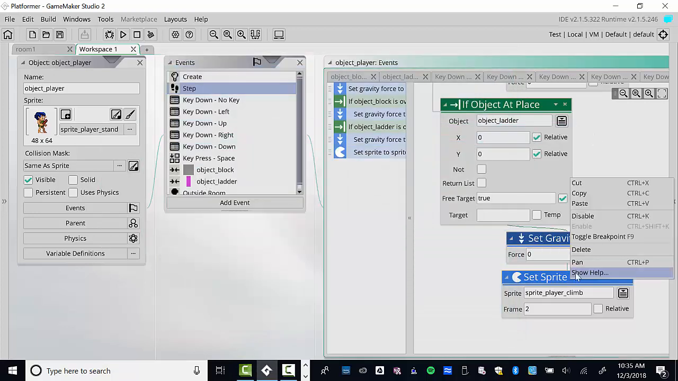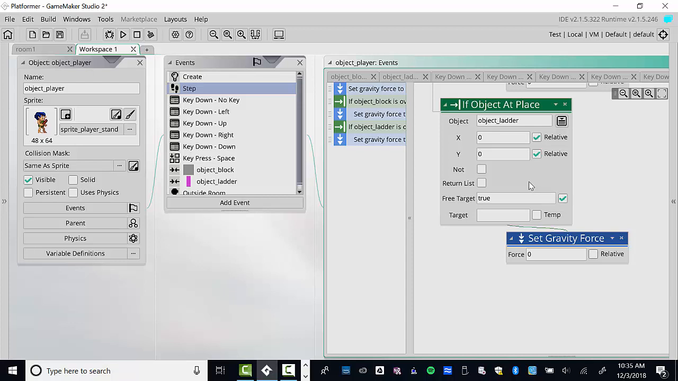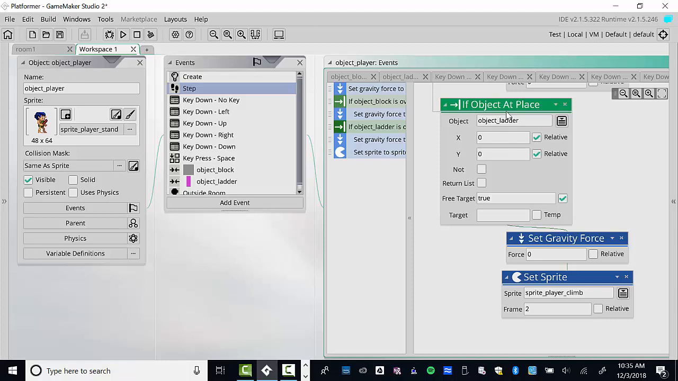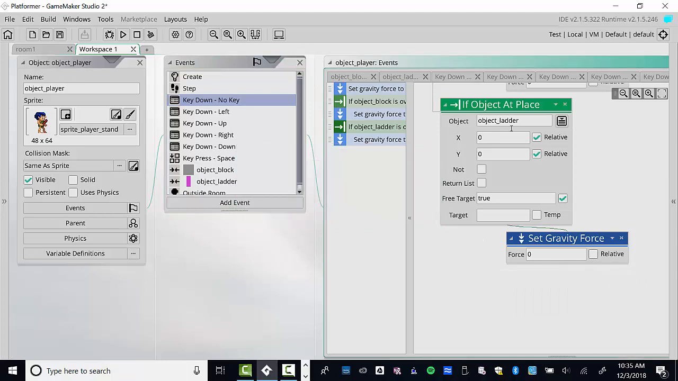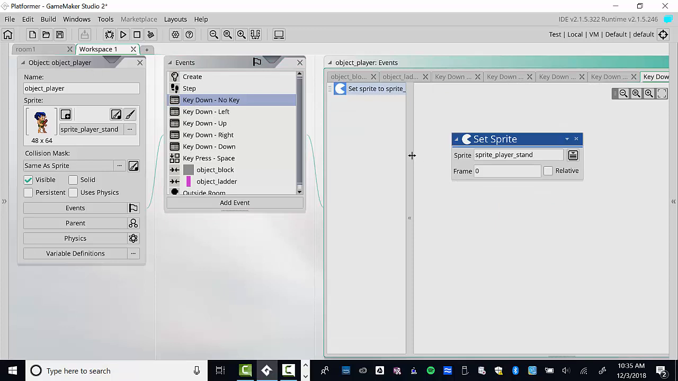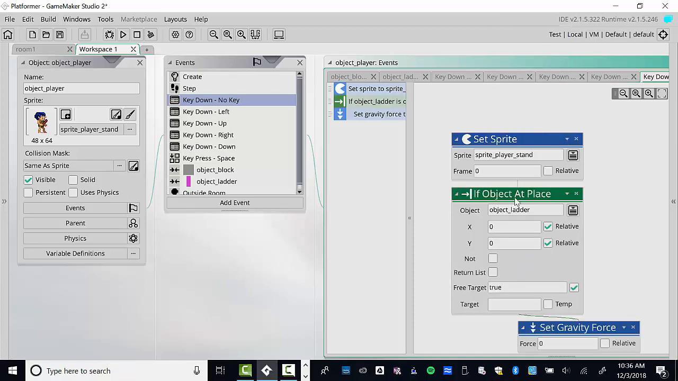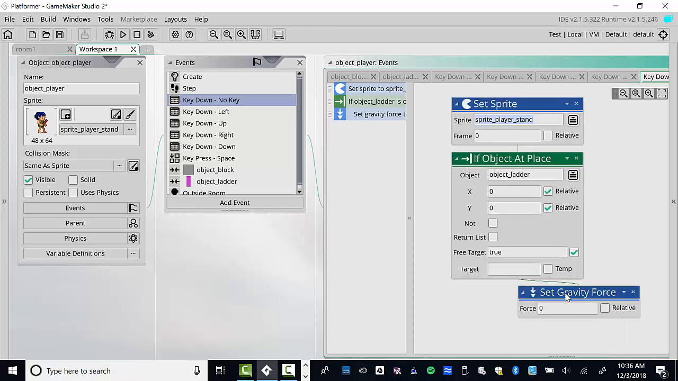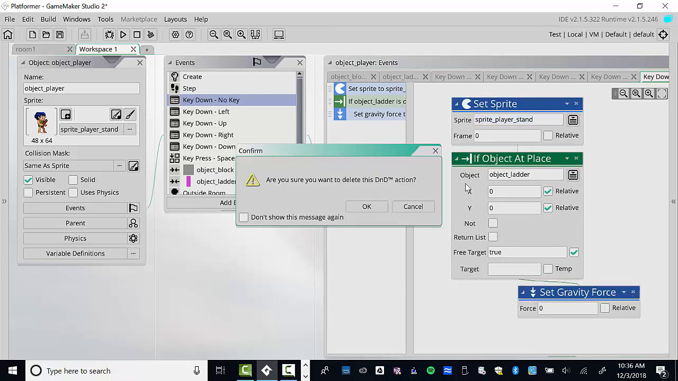All right, so now I'm going to cut it from there again. And actually, let me just Control Z this. I'm going to right-click and copy this part here of object at place. Okay, and we're going to do it on the key down, no key. Because in a way, that's where we did it for, wait, gotta delete that, by the way. So on the key down, no key, I'm going to go here. Remember how we did sprite player stand? Well, I'm just going to paste this here. I'm going to say, okay, I'm going to have them be in stand mode unless there's a ladder where we are, in which case we are going to set the sprite,